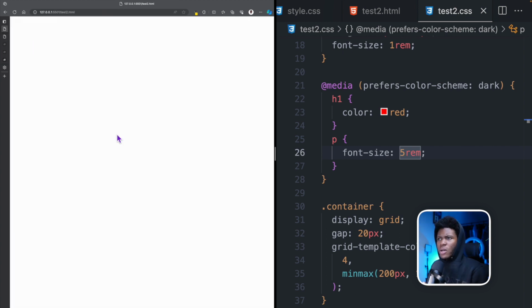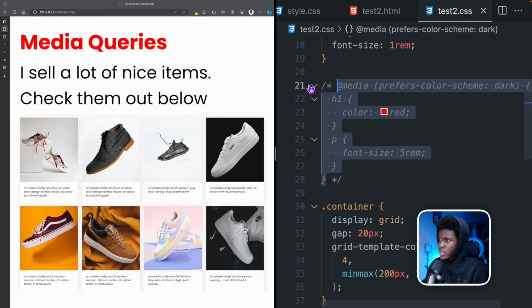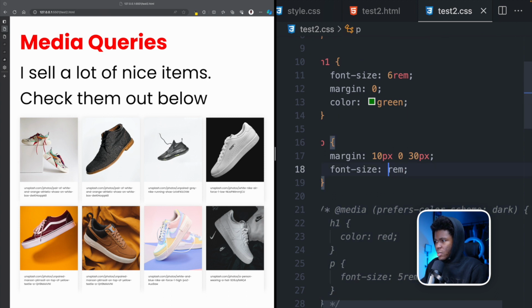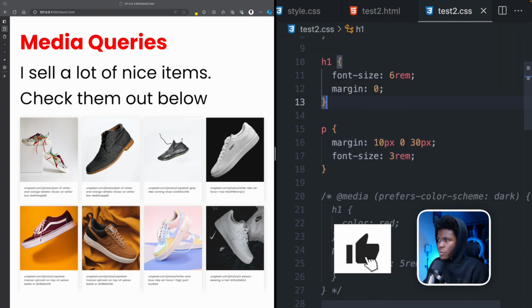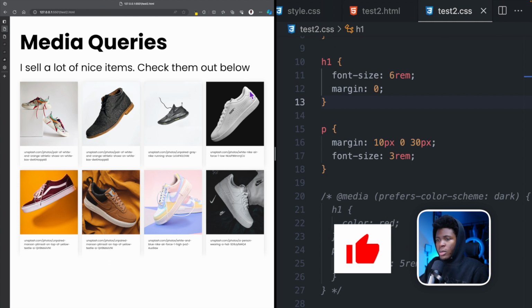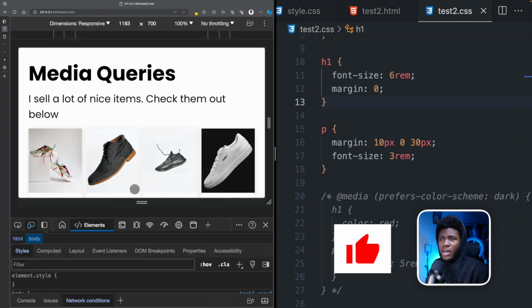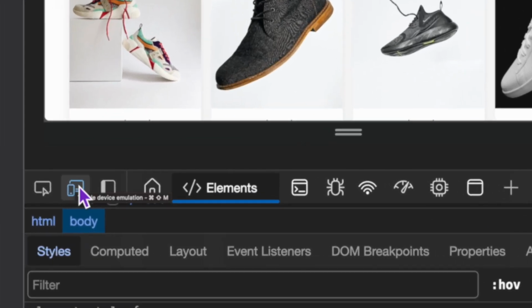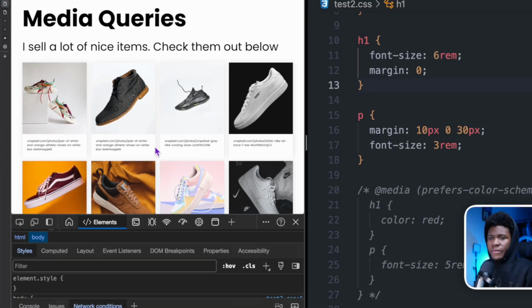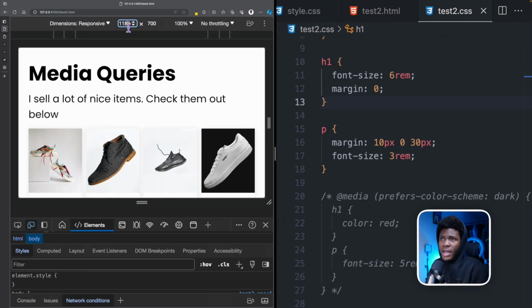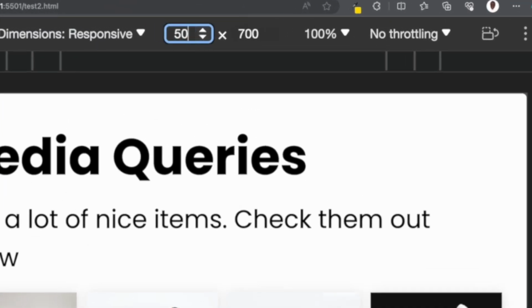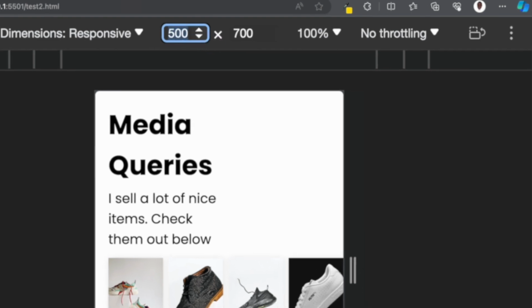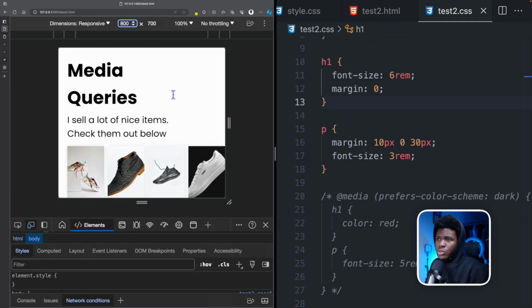Now going back to our example, let me comment this part here and let me take this back to 3 rem and remove the color green. Now you can open your DevTools on your browser, and when you open DevTools, you can toggle this responsive mode. On my Edge browser, it's called device emulation. If I turn it off, this fills the screen. If I turn it on, here I can specify that I want a width of 500, I want a width of 800. So you can do that, and I'm doing this so you can understand how to use media queries